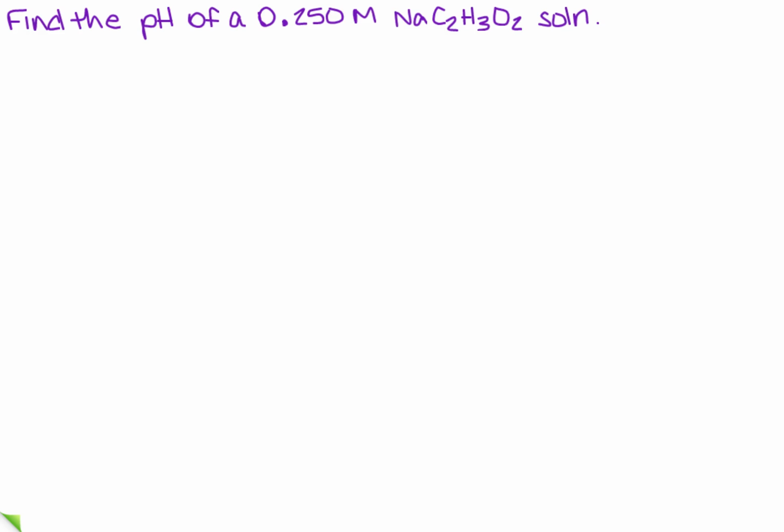I want to find the pH of a 0.250 molar NaC2H3O2 solution. So what I need to do is I first need to know, is this a soluble salt? And the answer is yes. Remember, all group 1A's, Na is 1A, are soluble. So if I break that down, that tells me that